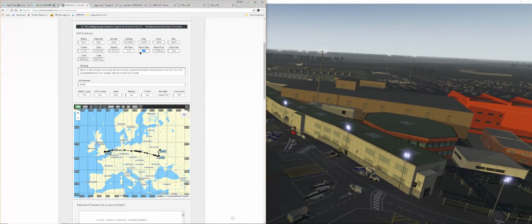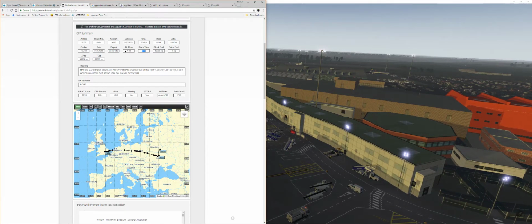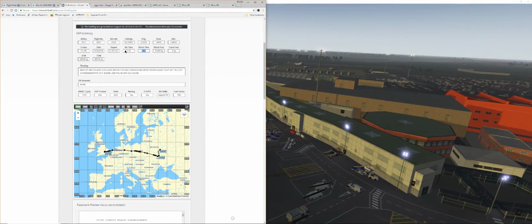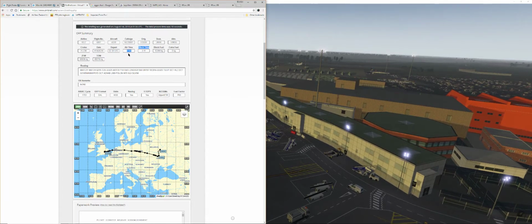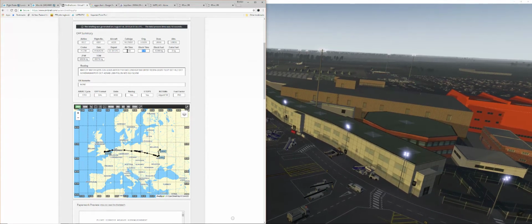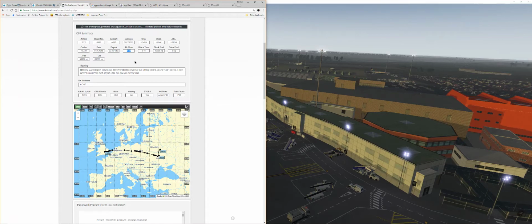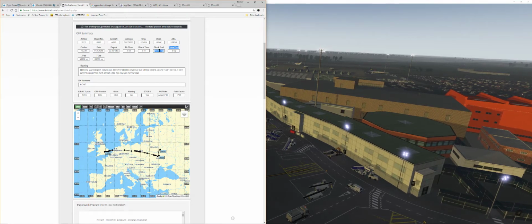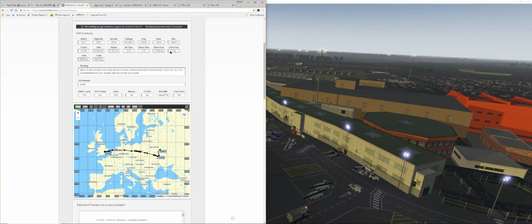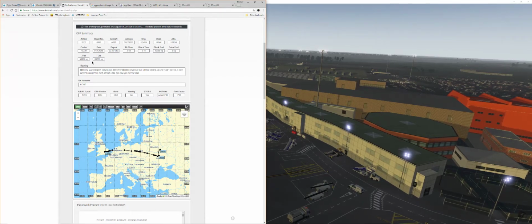Block time, basically, I think it starts from the pushback. Basically, like taxi and all that stuff. I think block time is engine start to engine shutdown, basically. Airtime is when you start flying, when the wheels get off the ground until the wheels touch down. That's your airtime. That's block fuel, the total fuel that you are carrying on board, extra fuel, which is